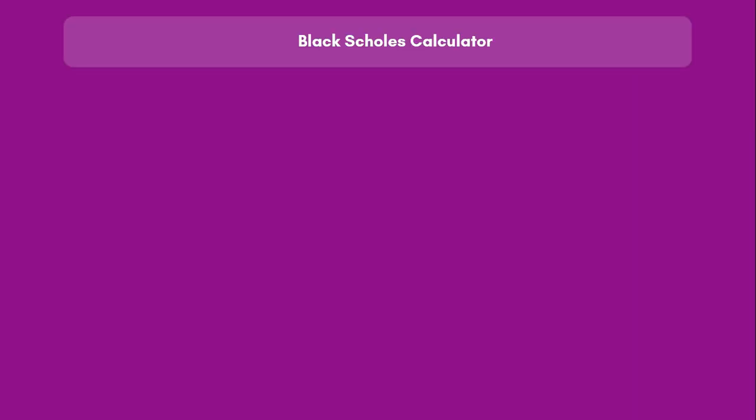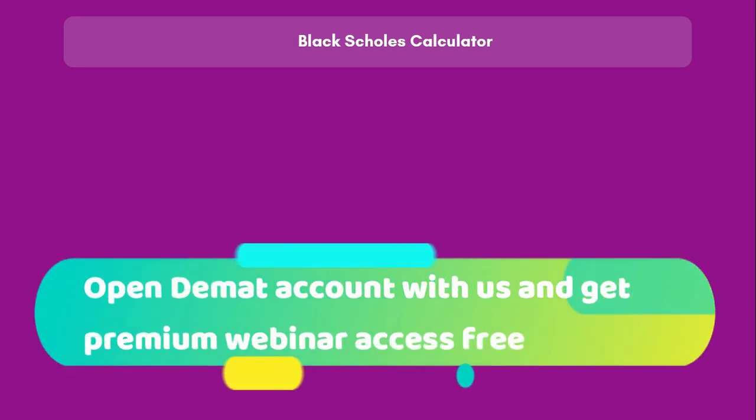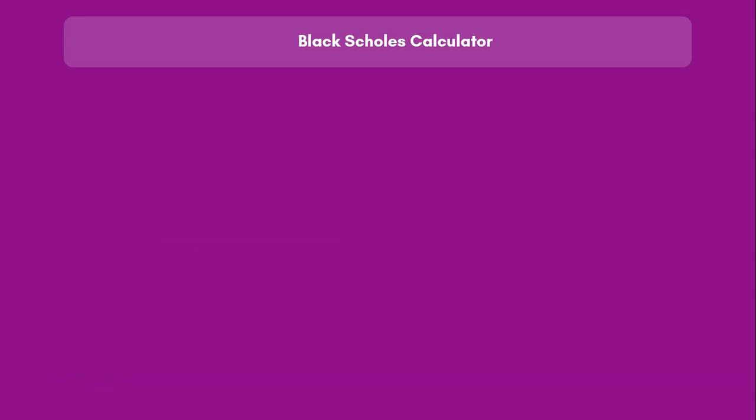Now the Black-Scholes calculator is one of the most effective ways to find the premium of options. Before the Black-Scholes calculator, there were several attempts to find the option premium by using the binomial method, multiple binomial method, and there were so many other methods as well. If you want me to make videos on those methods also, let me know in the comment section and I would love to make a video on that also. However, that is in the past. Right now what matters the most is calculations using the Black-Scholes calculator, because this calculator is used today to calculate the premium price of call as well as put.